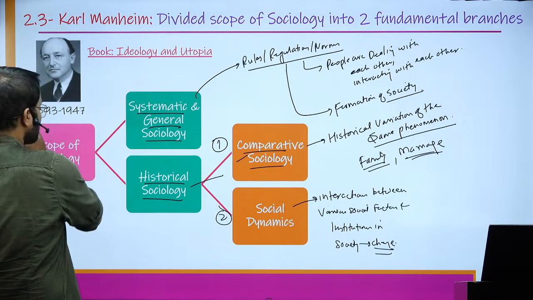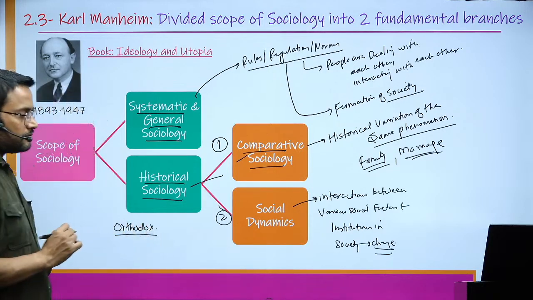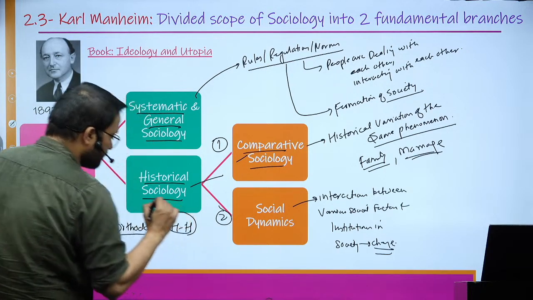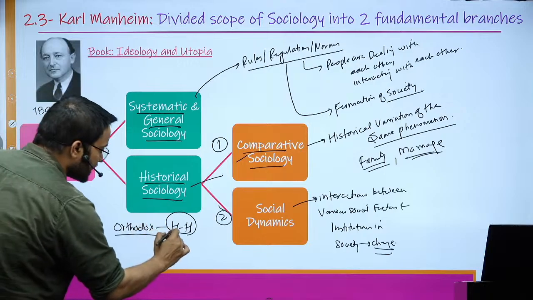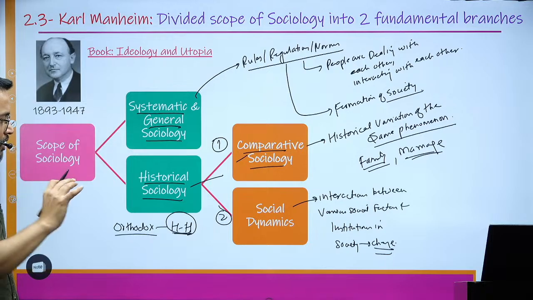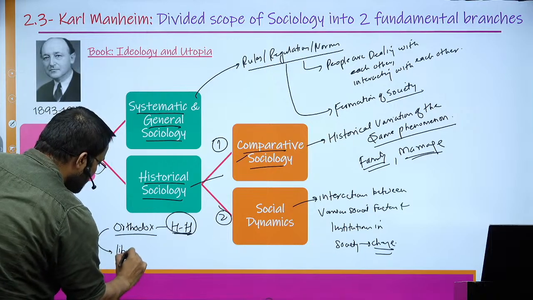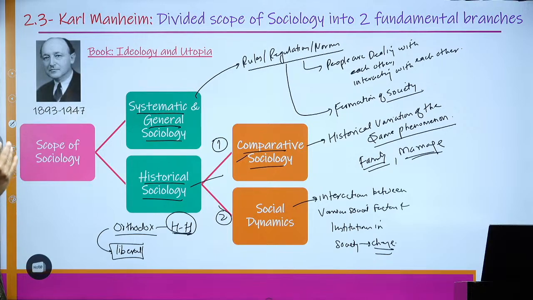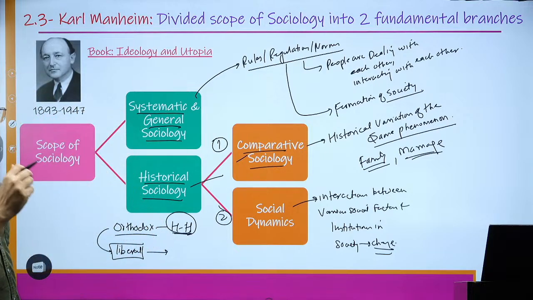Suppose earlier the society was very orthodox, so the human-to-human interaction pattern will also be like that. Suppose earlier the caste system was very rigid, so how one person would interact with a person from another caste would be in a particular manner. But as society becomes more and more liberal, as people become exposed to modern education and the liberal ideas of liberty, equality, fraternity, the caste system that was earlier very rigid will now become diluted.